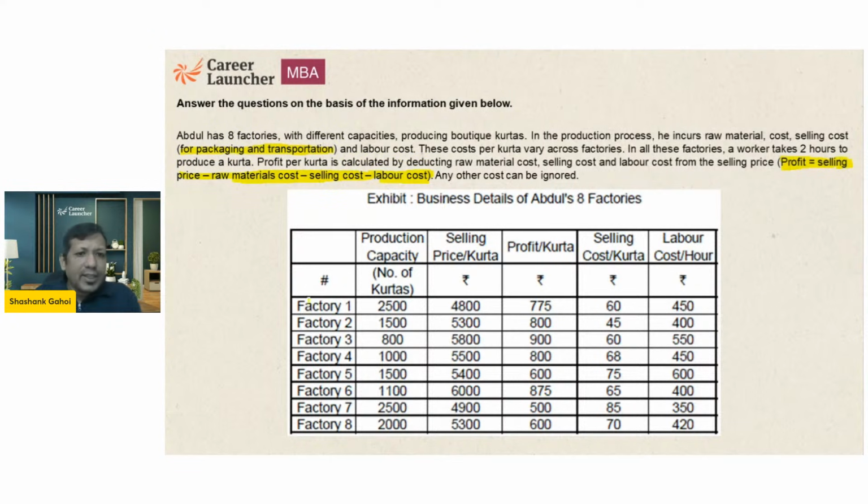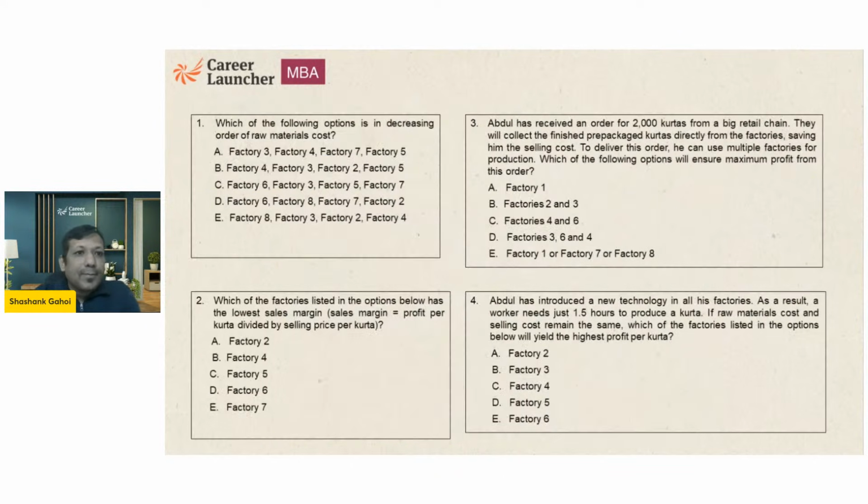And there are 8 factories that are given, and my job is to solve the questions. So in DI we don't have anything to solve, so we directly go to individual questions and we solve them. Now the first question says that which of the following options is in decreasing order of raw material